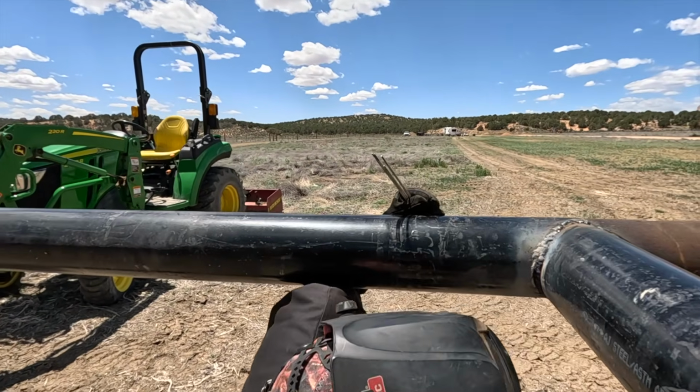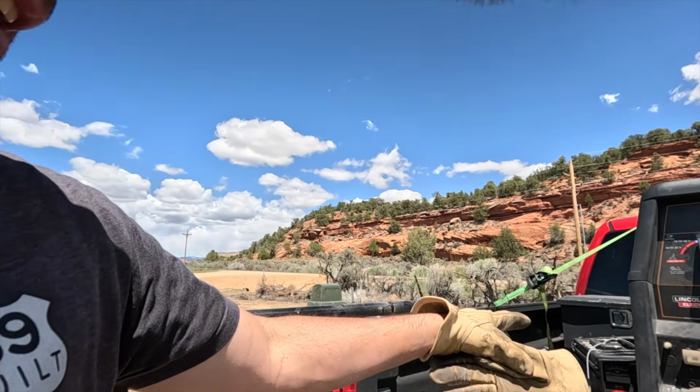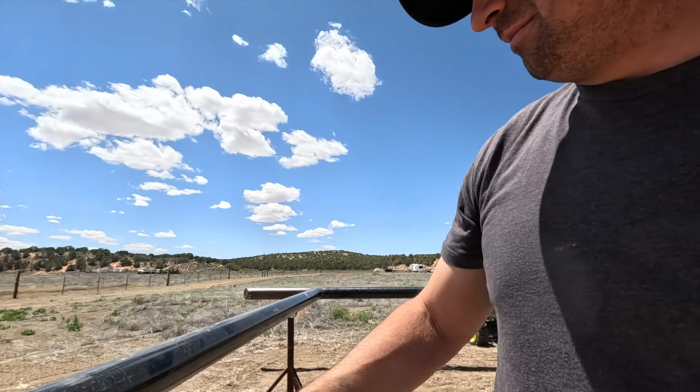Got our root pass done with the LN25, and now we're stick welding, going over it. How's everything going? Going all right. Going better now. He loves the stick welder. That thing's pretty impressive. Puts the heat out. We're just about wrapped up, and then we brought a pipe to weld on the bottom